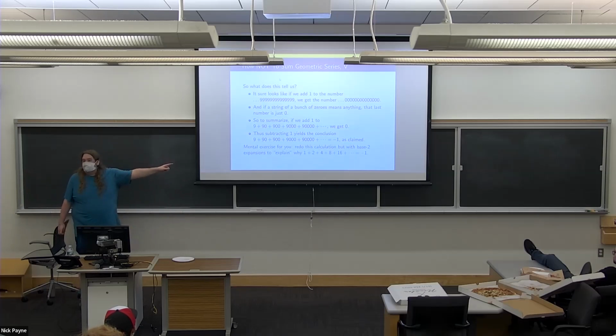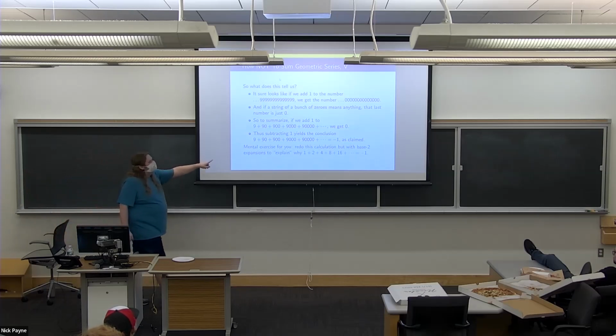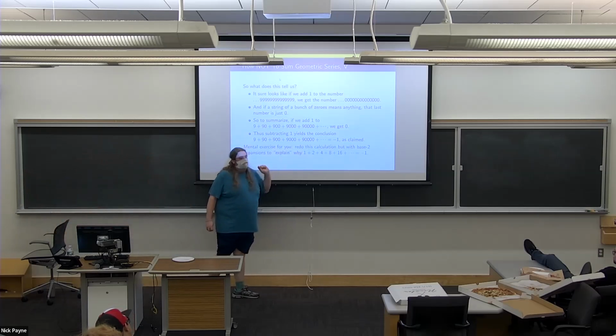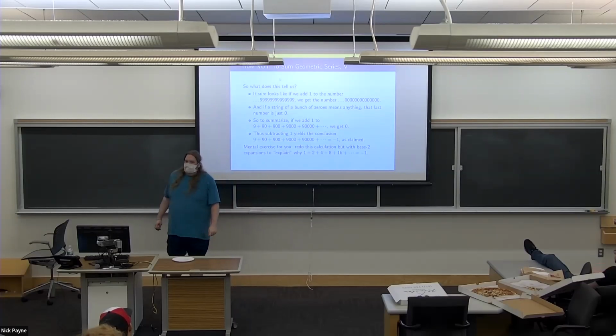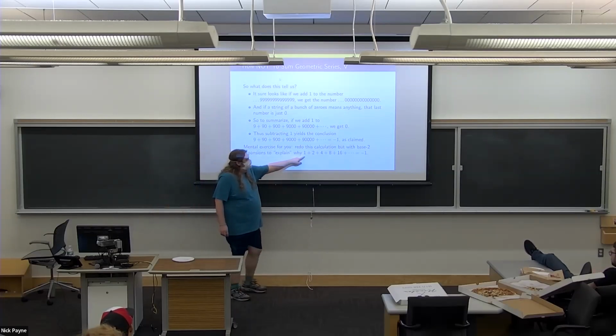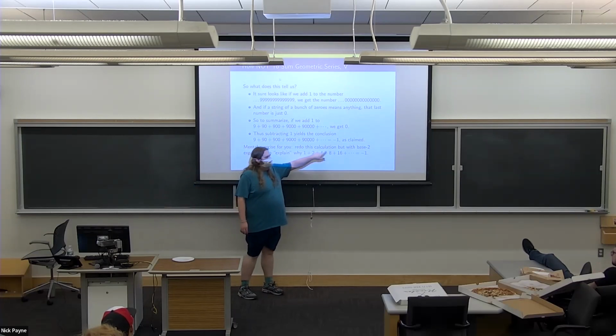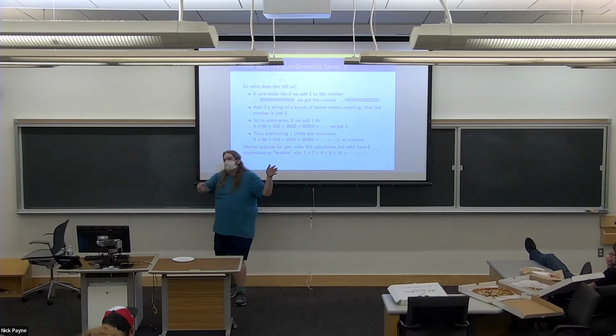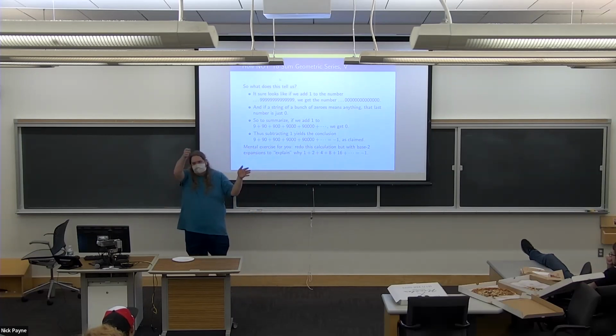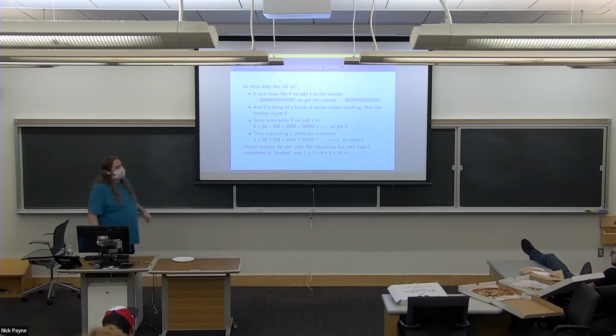Now, mental exercise for you. Redo the same thing for the powers of 2 and just do it in binary. What do you get if you write these in base 2? This is 1, and then this is 1, 0, and then 1, 0, 0. And so when you do the partial sums, it's all 1s. Then you add 1 to that, 0, you carry the 1, it's 0, 0. Same thing, but just with 1s. And so it works the same way for the sums of the powers of 2. It also seems like if you could do this formal calculation, then it works out.